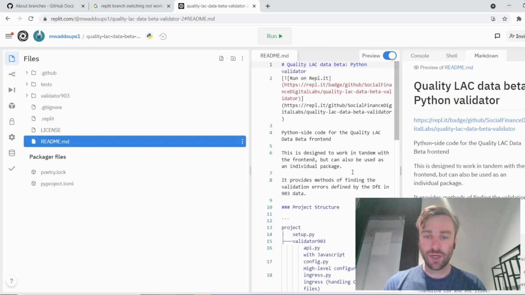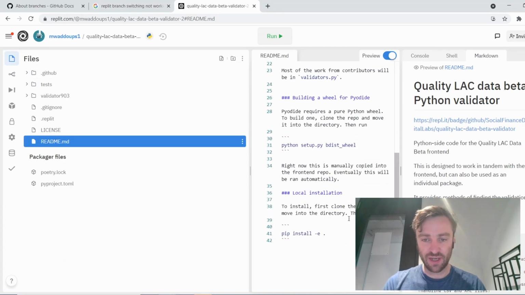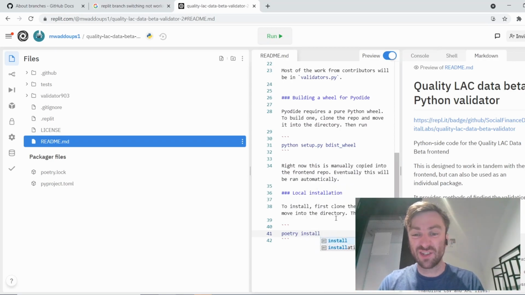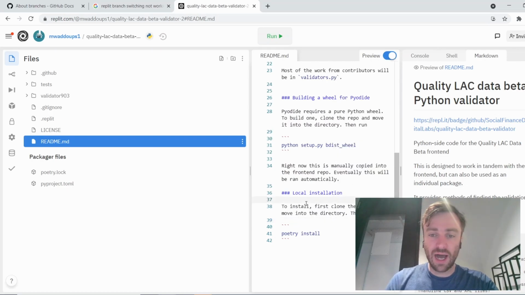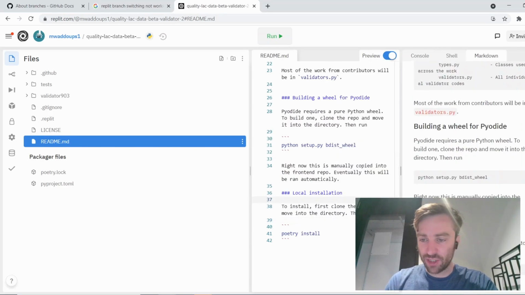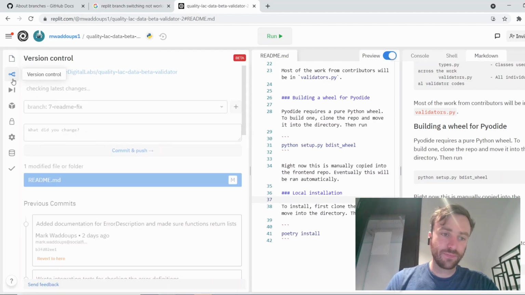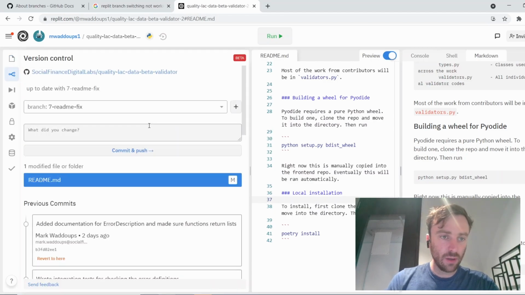Now I'll make the code change I want to make, which is just change this command here to use poetry, which is what I'm using. Don't worry too much about this. This is just a change I needed to do. So this has now changed the instructions here to say run poetry install. I then go back here, and you can see it's seen that I've modified readme.md. So I can say what I've done is I've